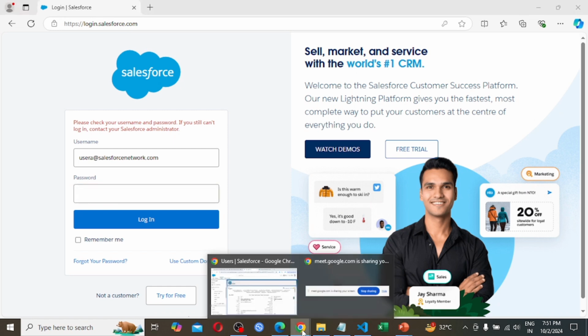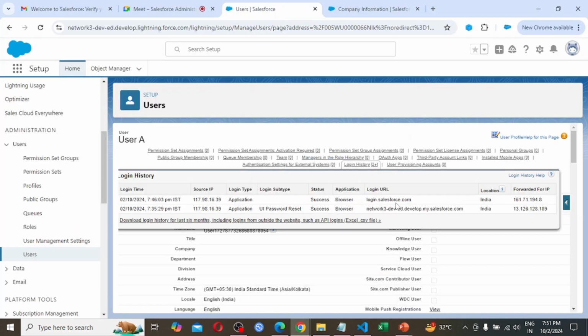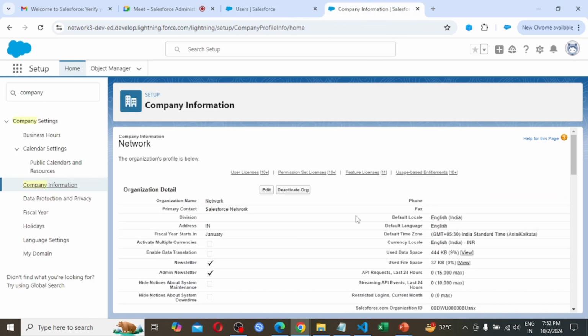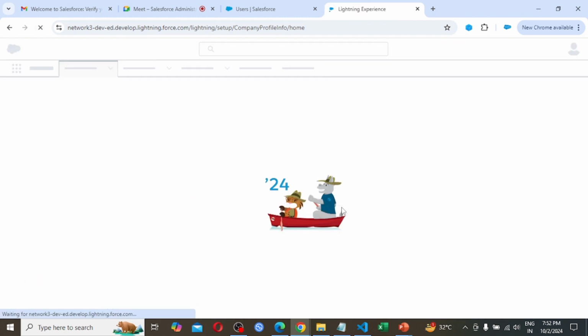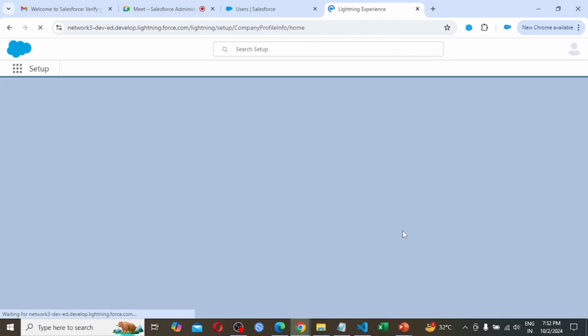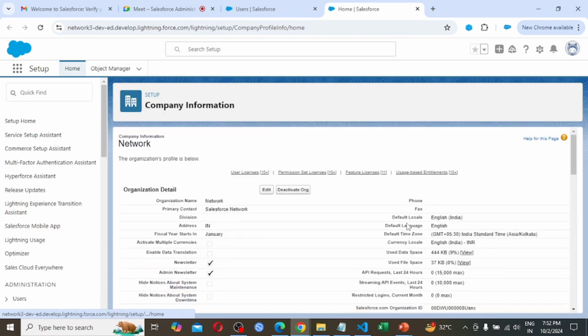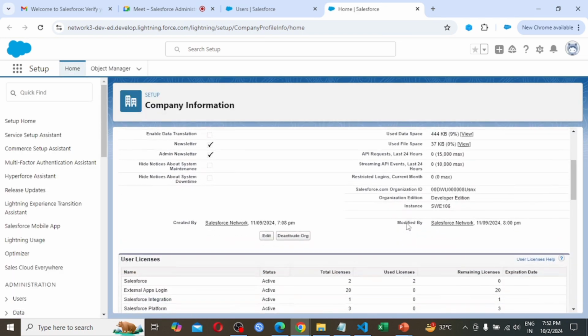Also coming back to our primary account, here it is frozen, so it is displaying unfreeze. And also if I come back to our company information and refresh or reload this page, we are able to see that the license is not freed. Means this user A is still using that license.